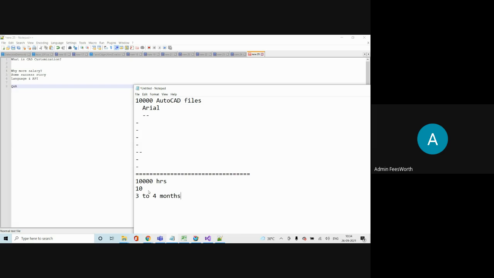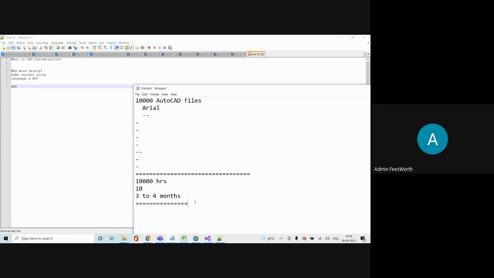Per day 10 drawings you can do, so in 1,000 days you can do it. This assumes that you are able to do all the changes in 5 minutes. So for 3 to 4 months, I have to pay salary for somebody.